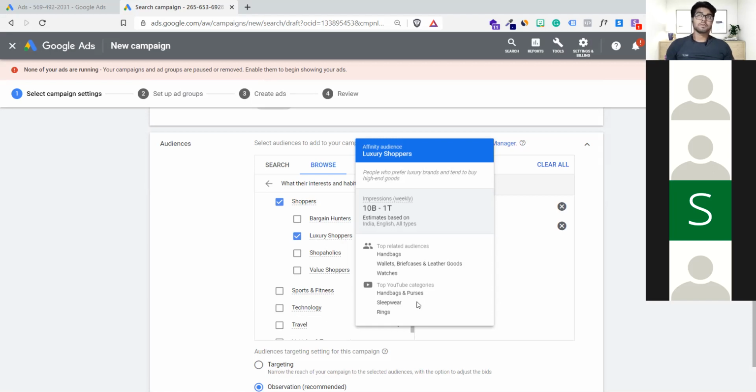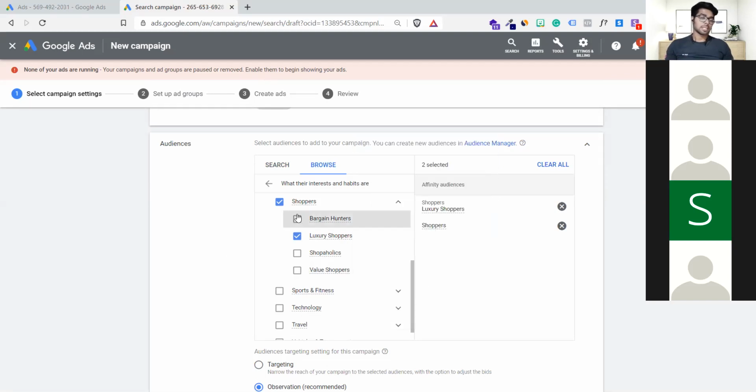So if you have said that you are a tech YouTuber, or that you create videos on sleepwear or handbags, it will identify you and create a separate grouping. That's how it says those YouTubers have handbag and purse niches, and they're creating videos on the basis of it. So YouTube is pretty smart and Google is pretty smart. They are collaborating like this. Okay, so we can select this option again to target our audiences.